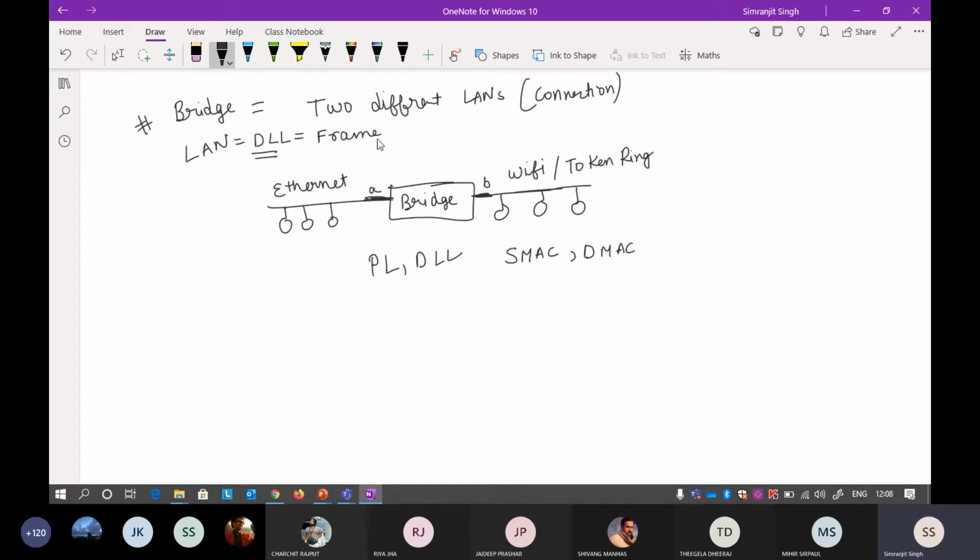It can go inside the frame and look for the source and destination MAC, that is, whoever is sending a particular packet or frame to a particular device. Now the communication is a little bit different. Suppose these are your MAC addresses: the MAC address is 123 here, 456 here.